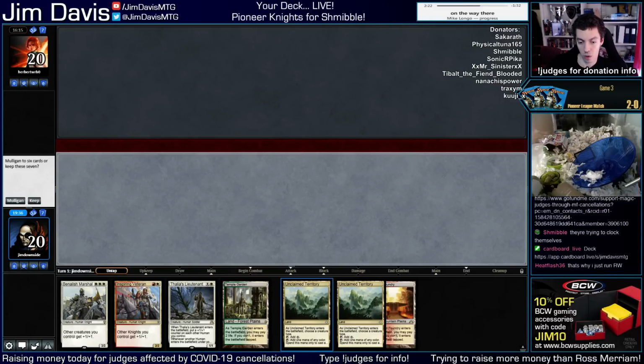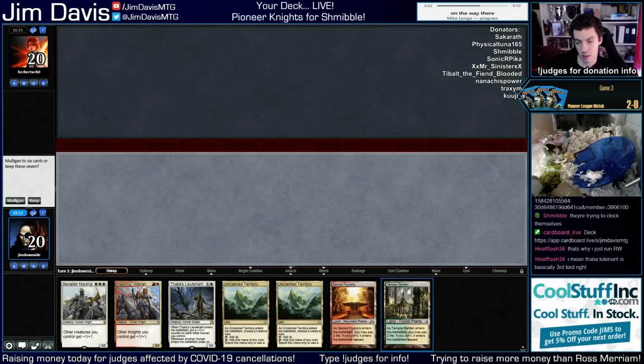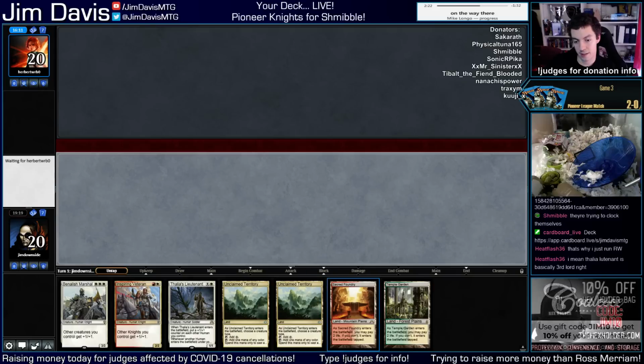Why have these hands been so awkward? This hand can cast all of our spells. It just doesn't really... It's got 4 lands in it. No 1-drop. I guess we're going to keep. I don't love it, but...